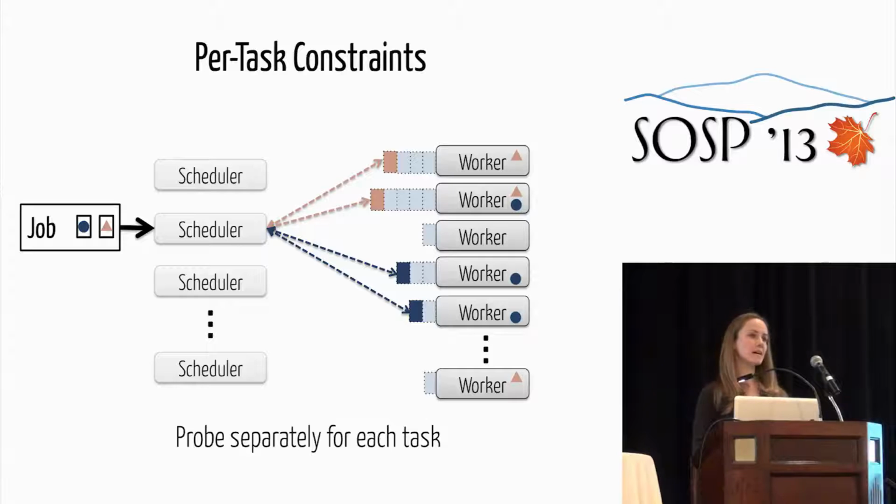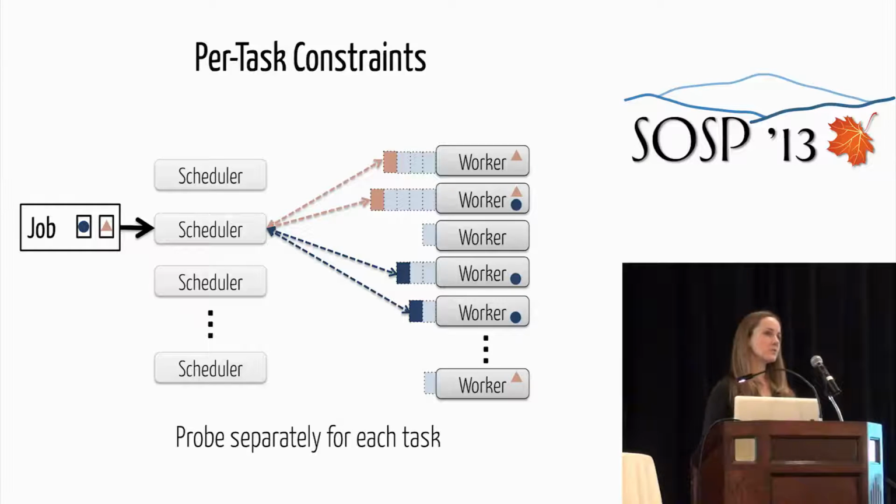You'll notice that with these per-task constraints, Sparrow can no longer use batch sampling, but we can still use late binding. And if you look at what's happening here, if we had a centralized scheduler, it would only have had information, say for the pink triangle task, about a total of 3 machines. This magical number 3 happens a lot because typically these constraints arise because tasks are reading input data from one of 3 replicas, which is the most common number of replication used in today's distributed file systems. So a centralized scheduler would only have had information about 3 choices for where to place the task. And Sparrow gets complete information about 2 of those choices.